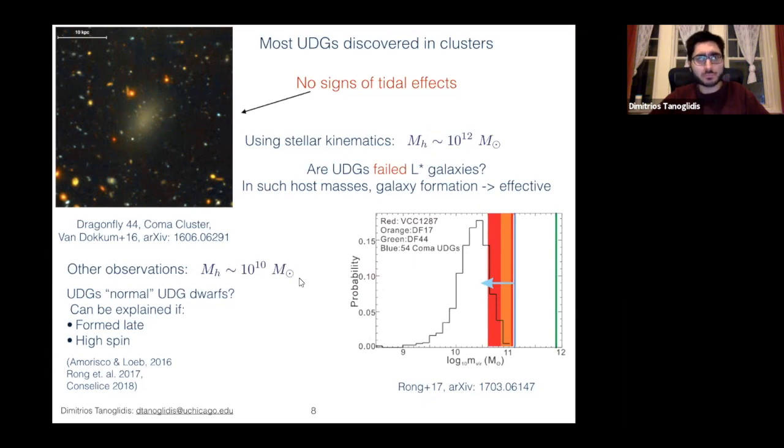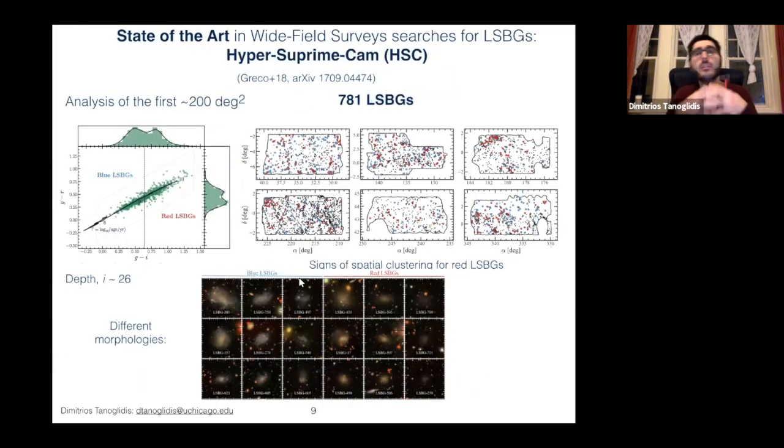And let's discuss the state of the art before my work, before our work, in searches for low surface brightness galaxies in wide field surveys. So in experiments, surveys that look over large areas of the sky. Using the first 200 square degrees from the Hyper Suprime-Cam, Greco et al. in 2018 were able to find